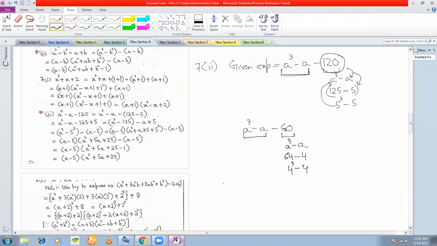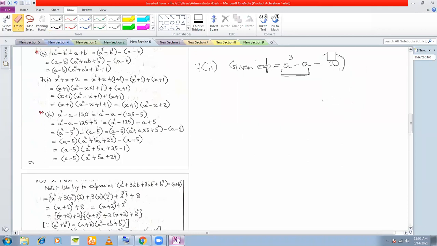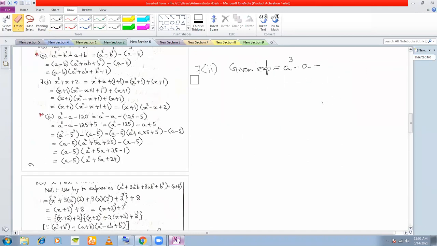Is it absolutely clear to everyone? Yes, sir. So this is a trick that is there in this problem. This is a special problem in which we have to apply this kind of a trick. Okay, so you break 120 as a cube minus a. So what you do here is you write a cube minus a minus 120 you write as 125 minus 5,